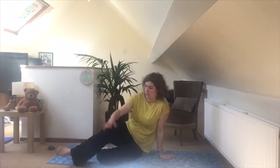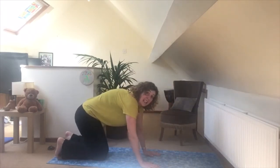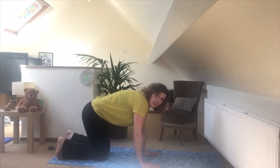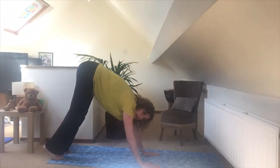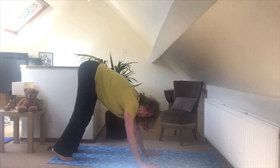Let's see if we can be a bear. So, a bear is like a dog. We've done these before. In yoga, we're going to do it like a dog shape, the down dog. So we curl our toes underneath when we're on our hands and our knees. Push our bottoms right up to the sky, like when we said hello bottom. And can we do a